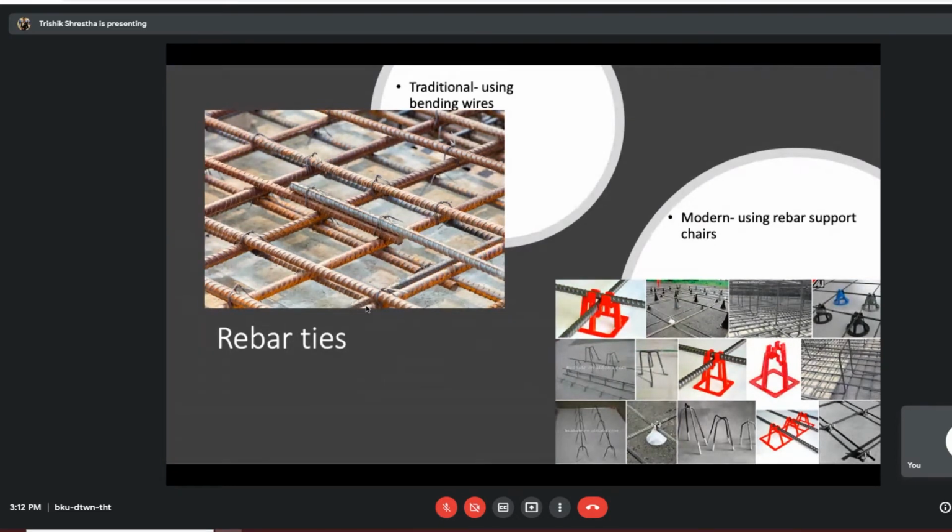If that's not the case, then the manual laborers are completely using their hands to tie the rebars, and that is a very time-consuming method of doing it. Right? Using the tool is fine if you can afford it. If you can't, then you have to use your hands. So there's a new way of doing this, which has been used a lot, especially in the US and parts of the UK as well.